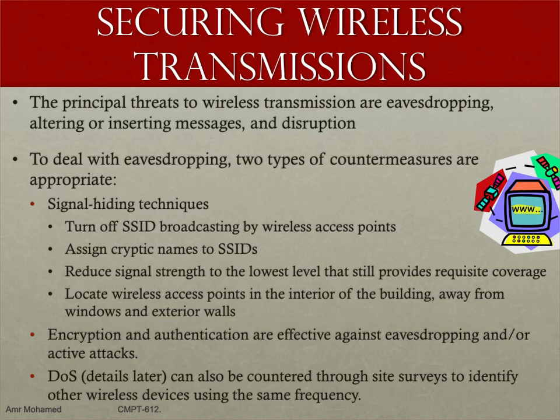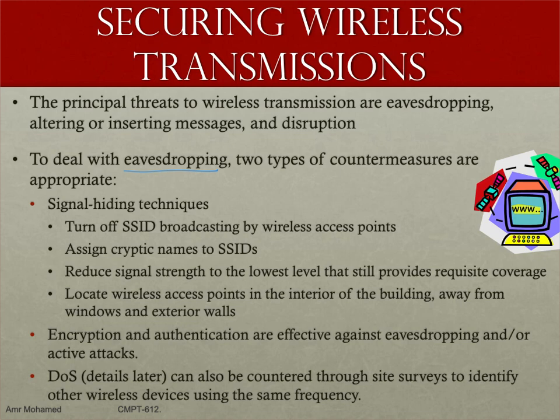So how do we secure these two steps? Sometimes the networks or the wireless LANs announce themselves, right? By announcing themselves, this increases the possibility of many users coming and connecting to these networks. After connecting to this network, they can associate themselves and perform some attacks, whether by network injection or something like that. So to deal with eavesdropping in wireless, there are two types of countermeasures that are appropriate